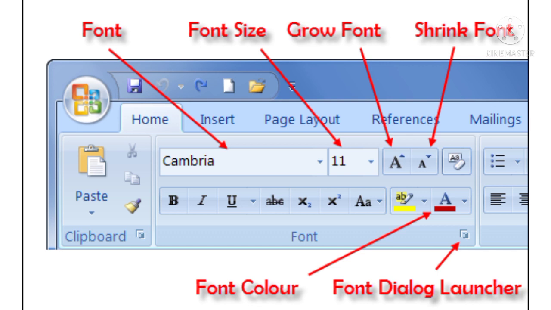Number 7, save the file. You can also select the font, size, color and style before you begin typing. Once selected, the text you type will then appear in the styles you have selected.